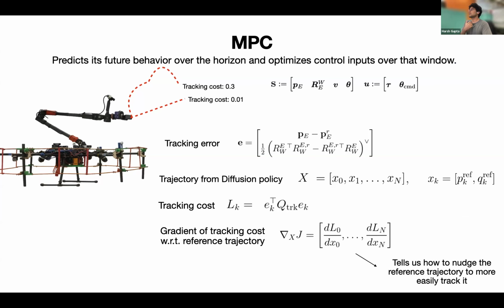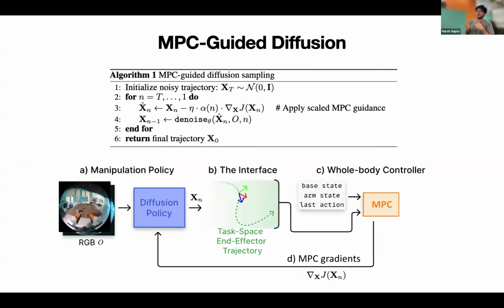And we can simply just take, in CasADi, you can take the gradients of the tracking cost with respect to the reference trajectory. So at each shooting node, you take a derivative of the tracking cost with respect to the reference trajectory, and this kind of tells you how you should nudge the reference trajectory to make it easier to track. And you can end up using it in a system like this, where